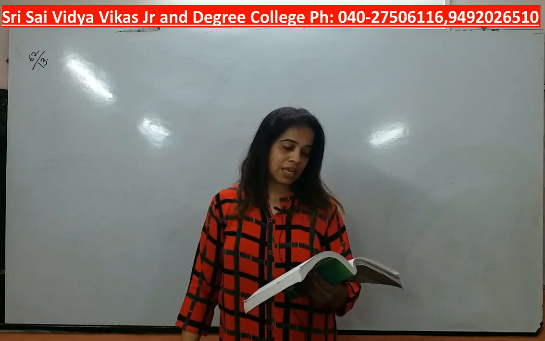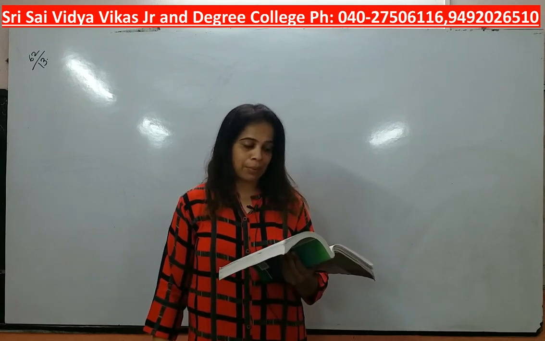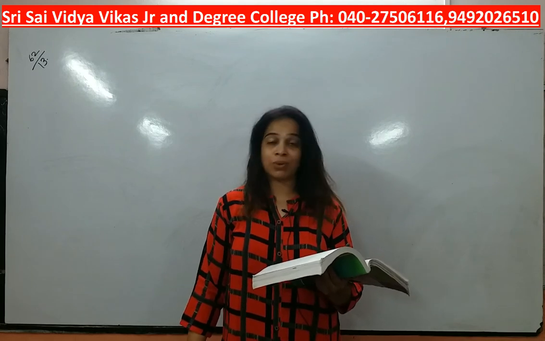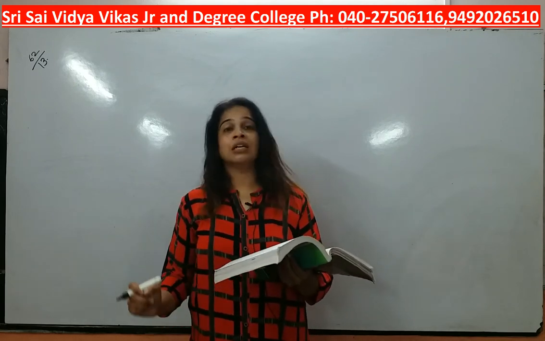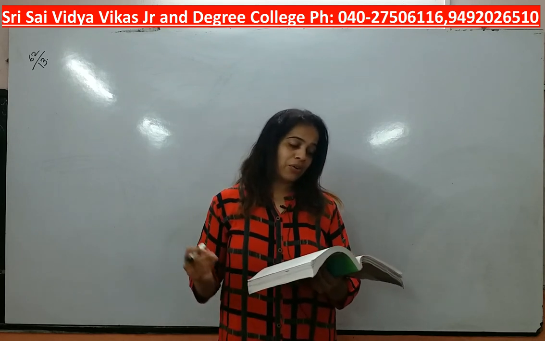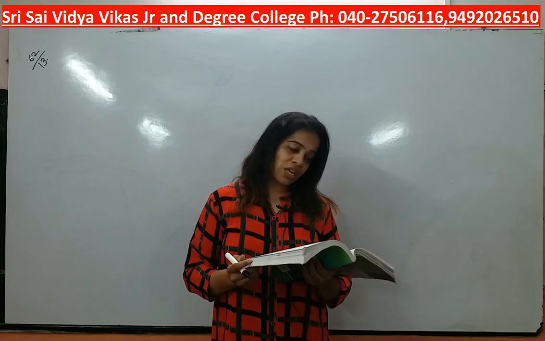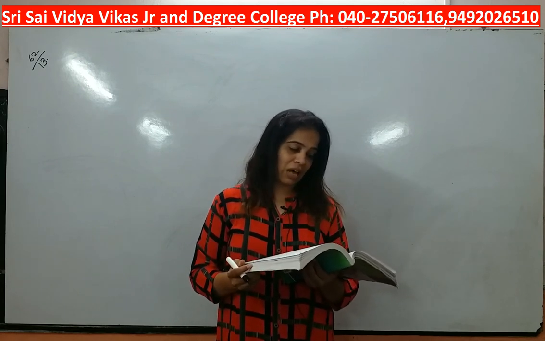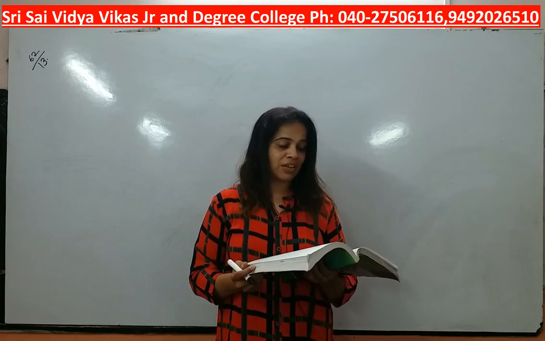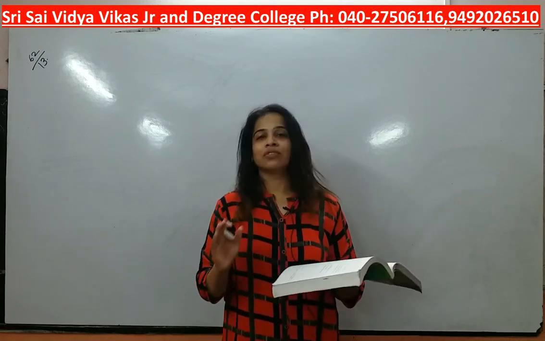Raghu Traders keeps their books under single entry system. They introduce capital of 32,000 on 1st April 2012. So introduce capital, it means this is a capital at the beginning of the year, right? Their drawings during the year are 4,000. They brought additional capital of rupees 6,000. In their business, they earned a profit of 17,000. Find out the capital at the end of the year.